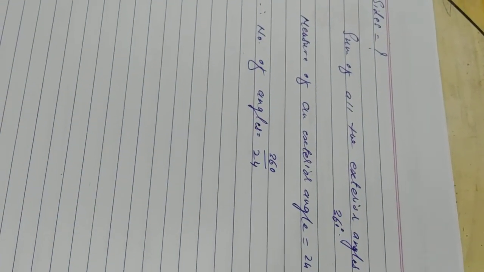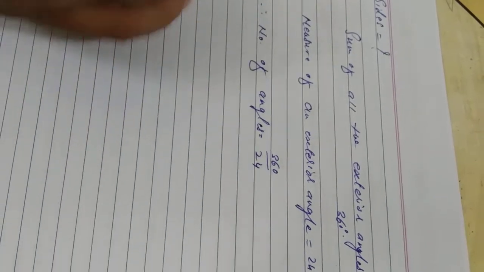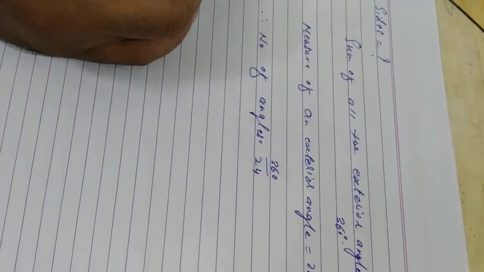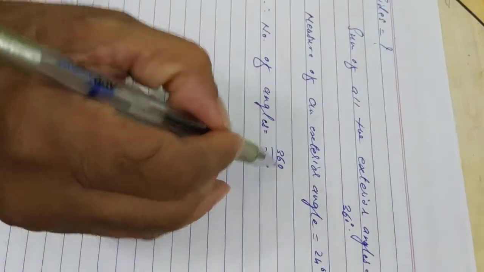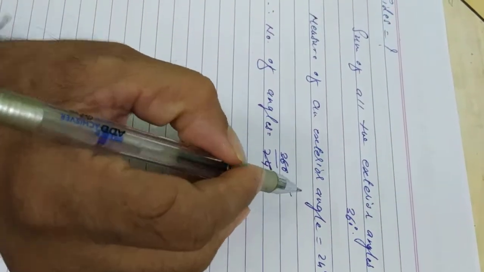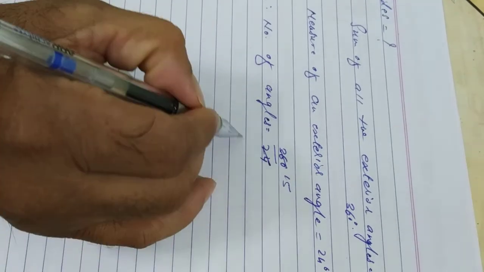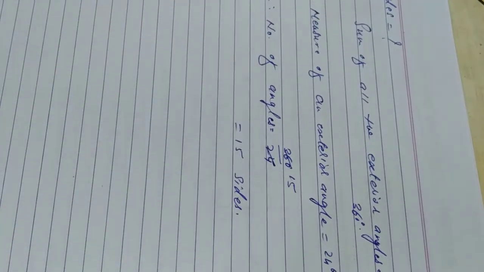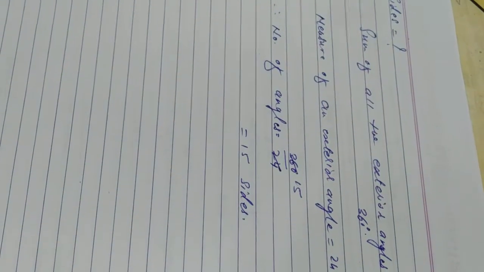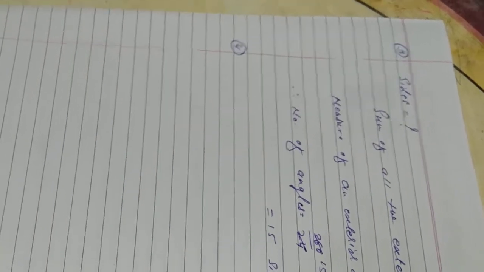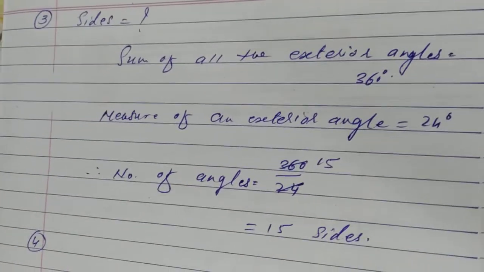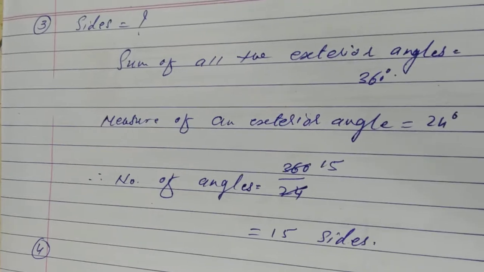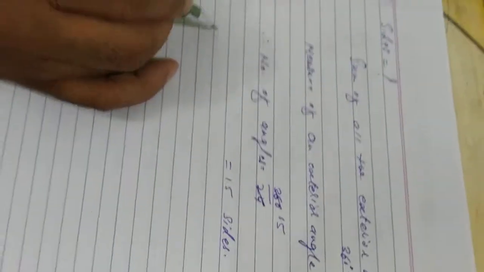So in the previous sum, we have already divided 360 upon 15, and we got 24. So here, 360 divided by 24, what do we get? 15, right? So we can say how many sides? 15 sides. Got it? Sure. Good. Now example number 4. How many sides does a regular polygon have if each of its interior angles is 165 degrees? See here what is given? Interior angles, the measurement of interior.